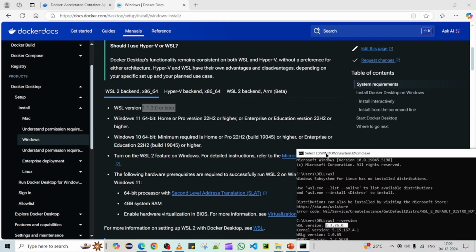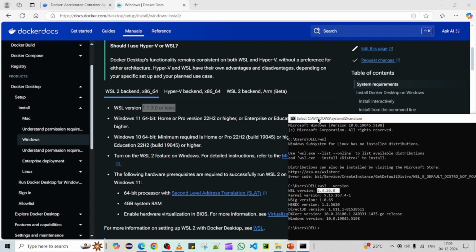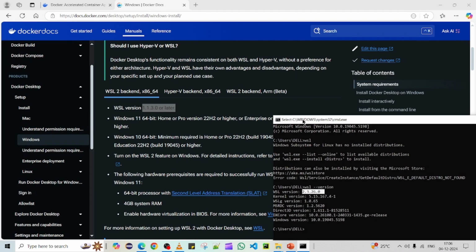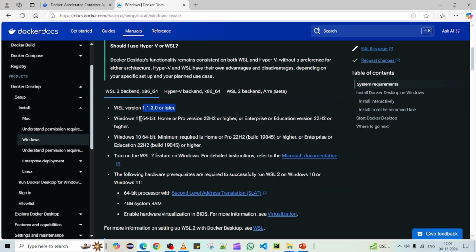This is one of the main conditions you need to check before installing Docker Desktop on your machine. If you are okay with this, you can go ahead. Another thing is, if you want to check what version of